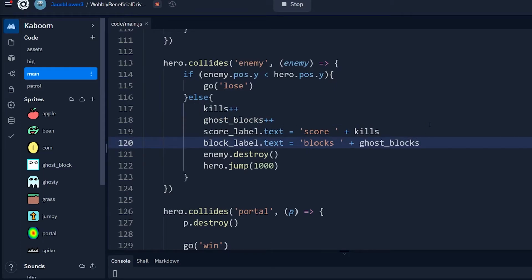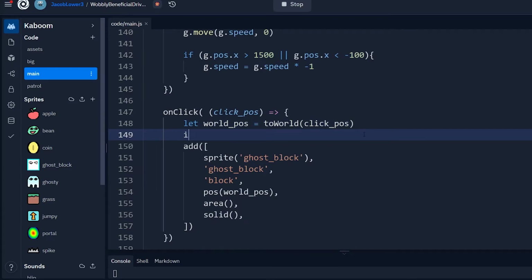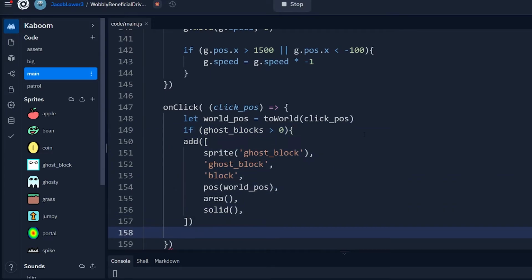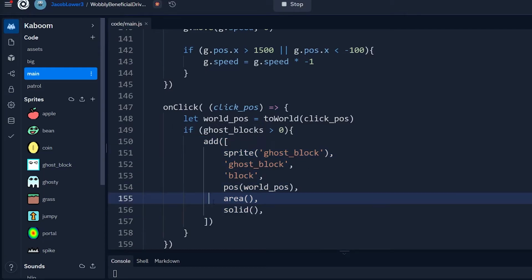And ghost_blocks. Now we're hoping this works, but we also need to update the ghost block value when we use one, right? So on click, we only want this to run and add a ghost block if our ghost blocks is greater than 0. So if we don't have enough ghost blocks, we don't want the player to be able to add any ghost blocks. So we're going to wrap this in curly brackets, tab this inside of our function, and now they should only be able to add one if they have a